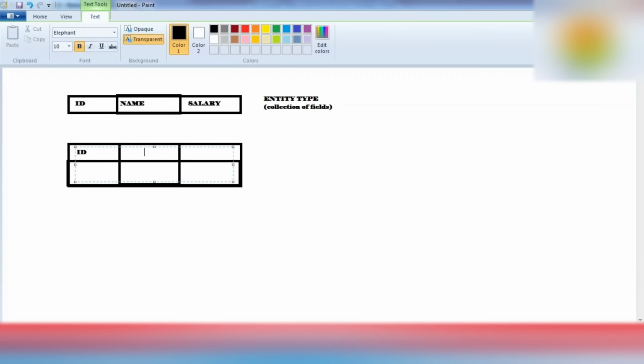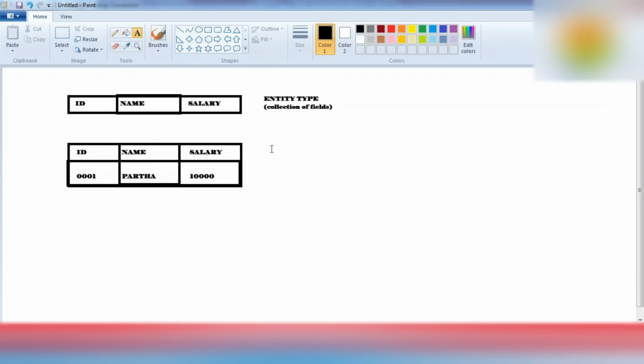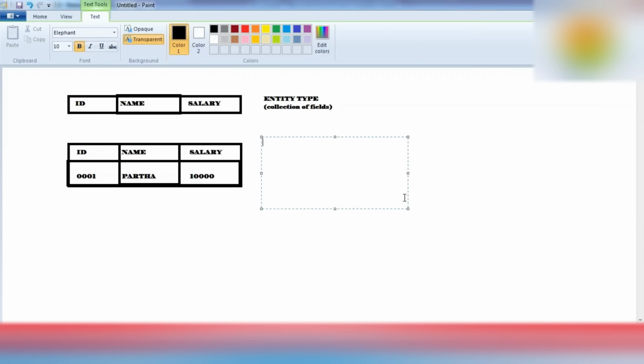This is your ID field, this is your name field, this is your salary field, and this is your ID 0001, this is your name, and this is your salary. So this is called entity in OData web service, and that holds a single entry, a single record.